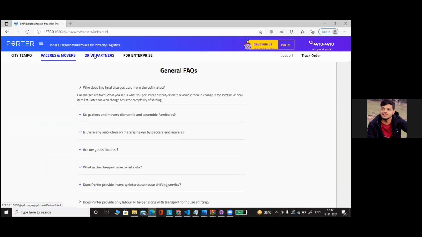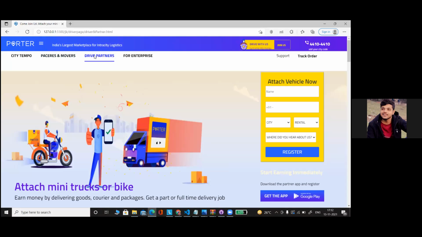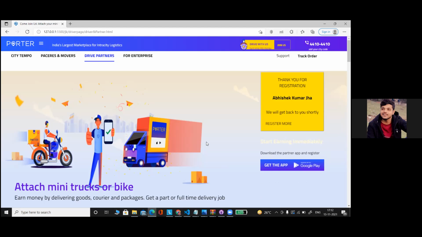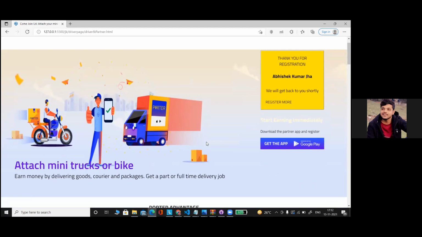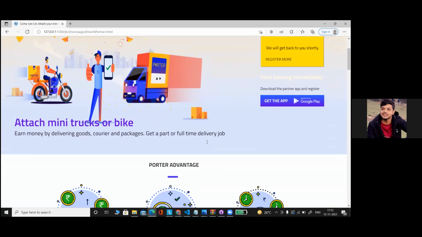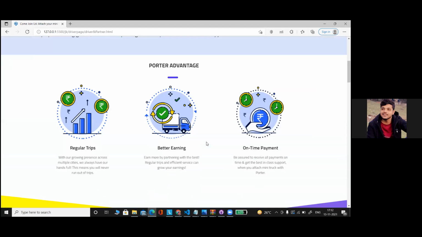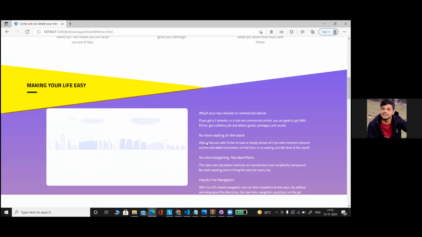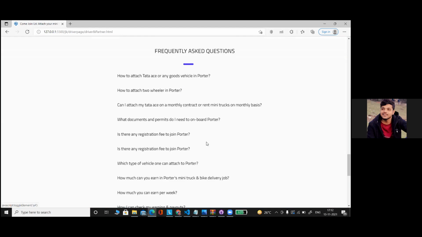So once you click on this icon, you will land into a different web page. As you can see at the right part of this particular web page, there is a form attached to it. Once you put in all the details over there, you can successfully register as a Drive Partner of this particular website. Apart from that, on scrolling down, you can see there are different styles that have been created using just basic CSS and HTML. And at the bottom part of this web page, you can see there are some FAQ questions regarding this particular website. So that's it from my side.